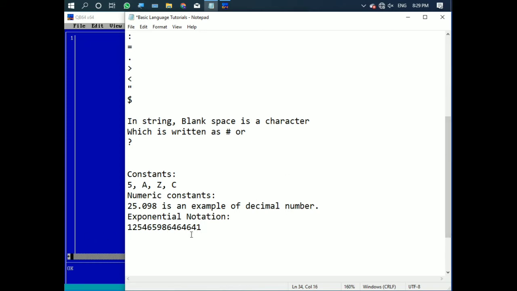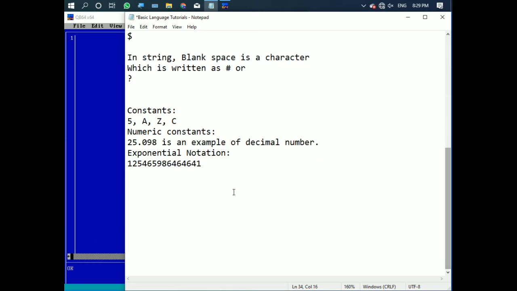If I write this number in the E format, what will it be? Let us see now. I will take 1, then I will press one point. Let's lower the number, because otherwise it will be difficult.